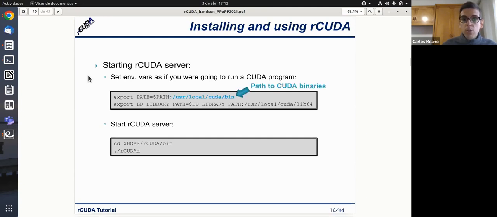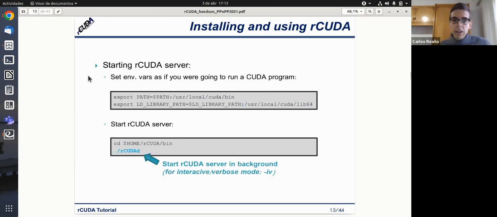So we need to export the path to the CUDA binaries, like we do with a normal CUDA application, and we also need to include the path to the CUDA libraries, because it's going to be a CUDA application run using the CUDA libraries. Then we go to the folder where we have decompressed the Arcuda software, and we run the server daemon.